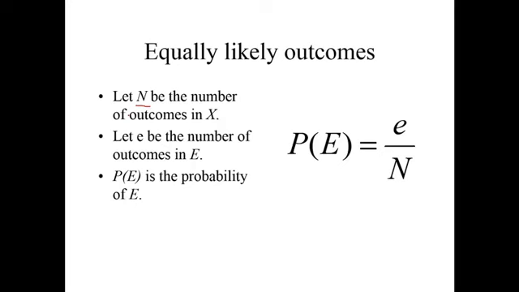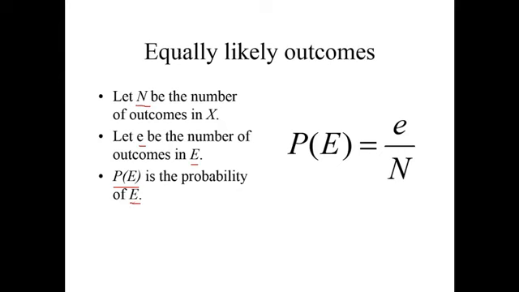Well, this is like that. We're going to let little e be the number of outcomes in an event E, and we'll let P of E denote the probability of